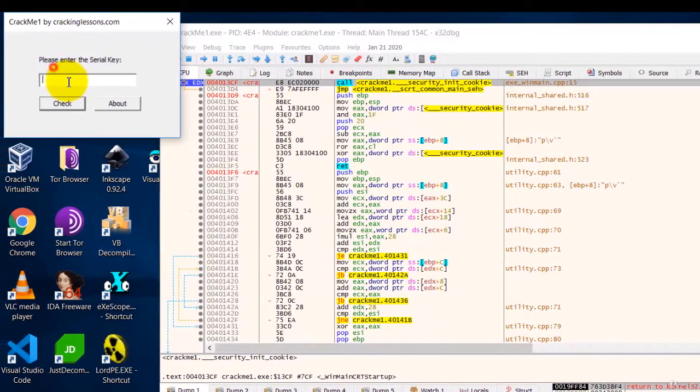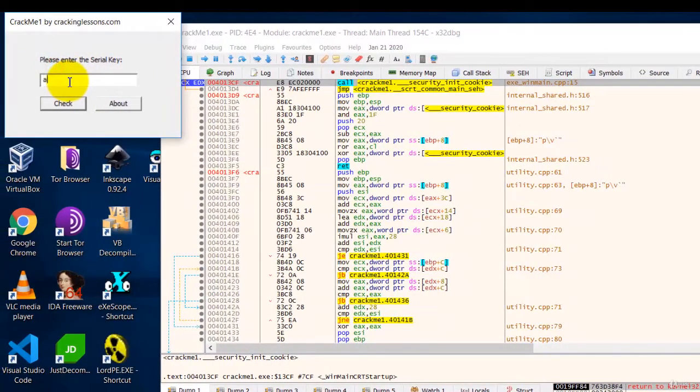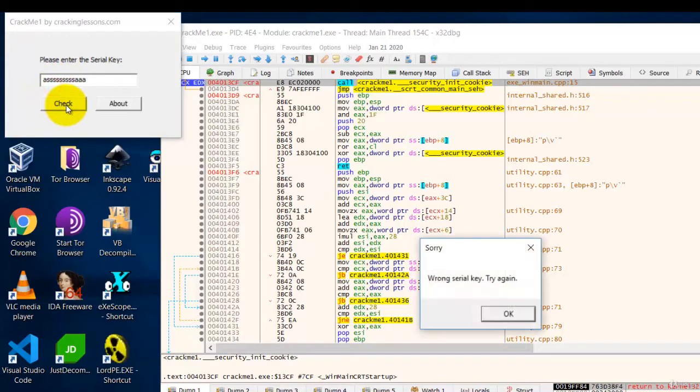So now enter anything and then click on the button check, and you will get a message box showing up, showing the wrong serial key message. So at this point, immediately click on the pause button over here,